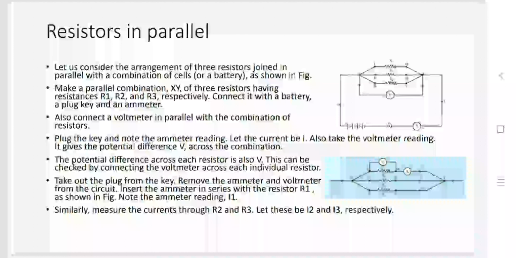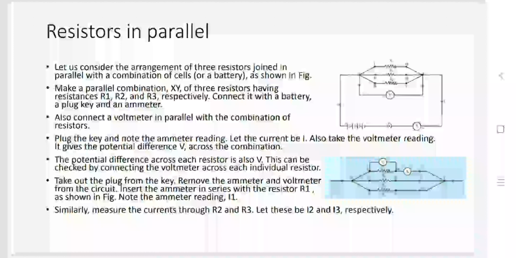now replace a voltmeter and ammeter condition. Keep a voltmeter across R2 and ammeter in series with R2. So it is going to measure I2 current and voltage drop across R2 as in V. Now third step, replace a voltmeter and ammeter with the R3, voltmeter across R3 in parallel and ammeter in series of the R3 to measure the current I3.